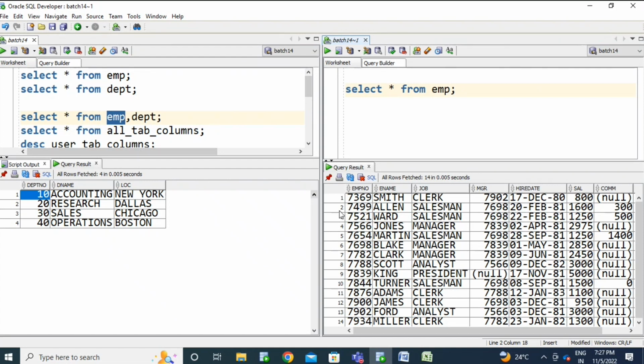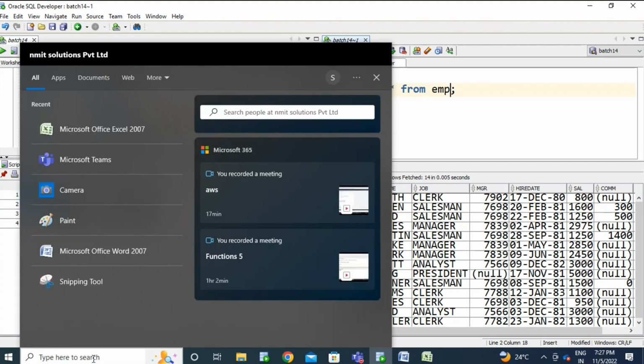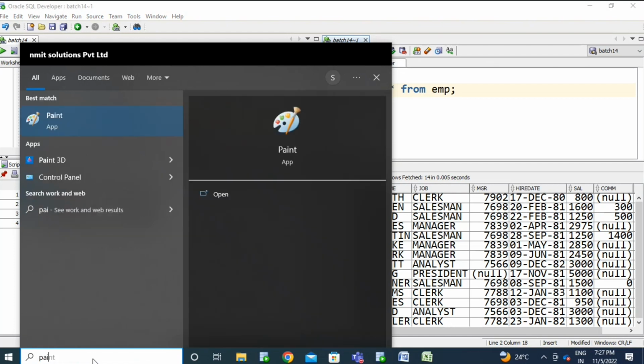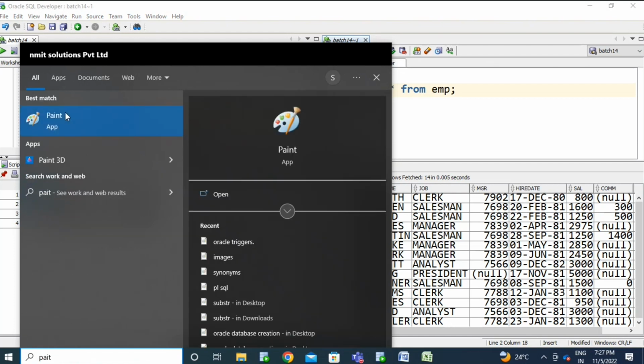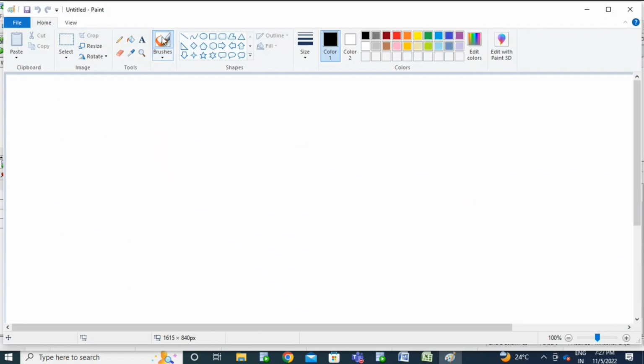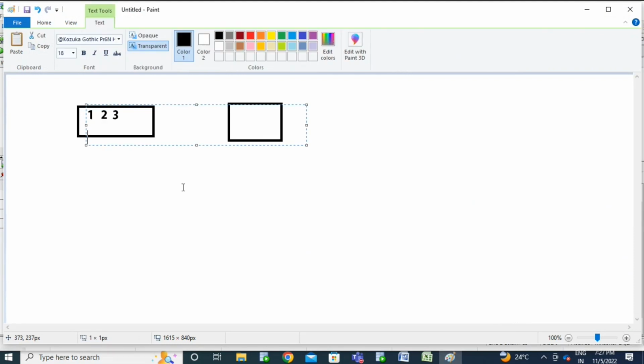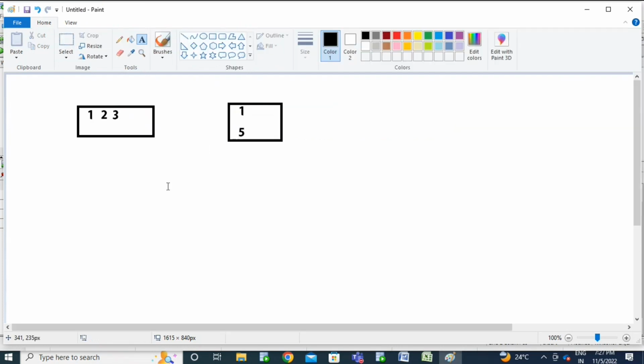So if anyone has come from a mathematical background, okay, yes, like a set, we will get matrix multiplication. So the matrix multiplication can happen like this: if you have 1, 2, 3, and now I'm mentioning a 1. So this is a 1 by 3 matrix. This is a 1 by 2 matrix, okay, or a 2 by 1 matrix. This is like a 2 by 1 matrix.